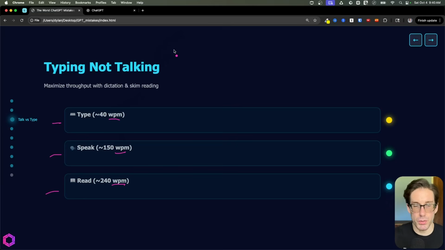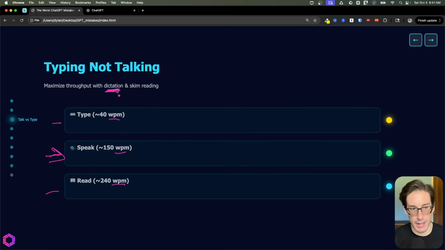Now what we want to do is increase the ability to communicate with AI faster. And the reason we want to do that is if we remove the friction of communicating with AI, we're going to provide more context to it on a recurring basis. So my advice to anybody is to use dictation as much as possible. And by doing this, you're going to speak to the AI. So this is going to be the speaking process.